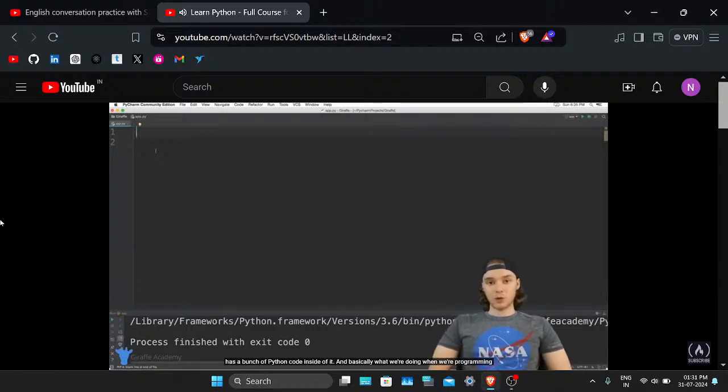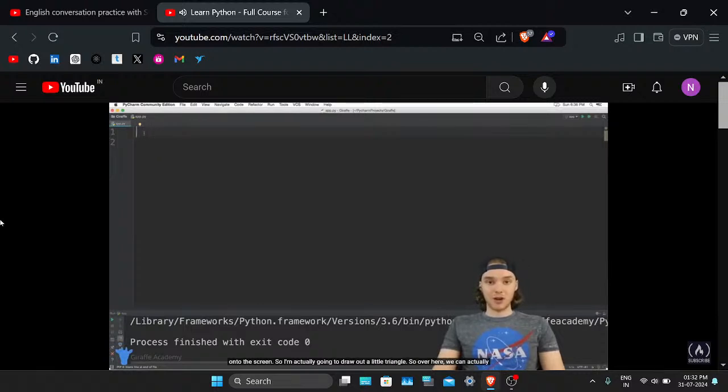Basically what we're doing when we're programming in Python is we're just giving the computer a set of instructions, right? That's really what programming is. We're specifying a set of instructions and the computer is going to go off and execute those instructions that we give it. And so the more complex the instructions we give to the computer, the more complex the tasks the computer can carry out. So I want to show you guys how we can use some Python code in order to draw out a shape onto the screen.